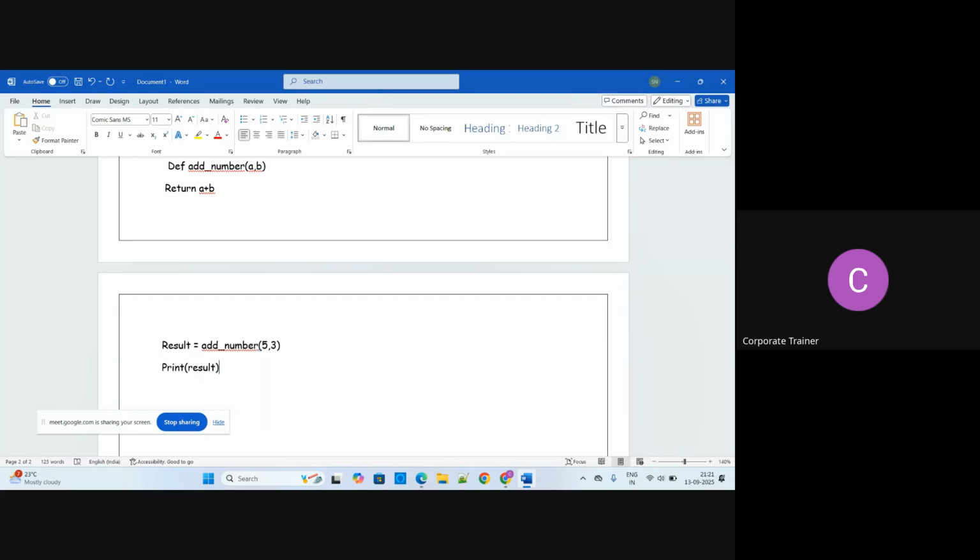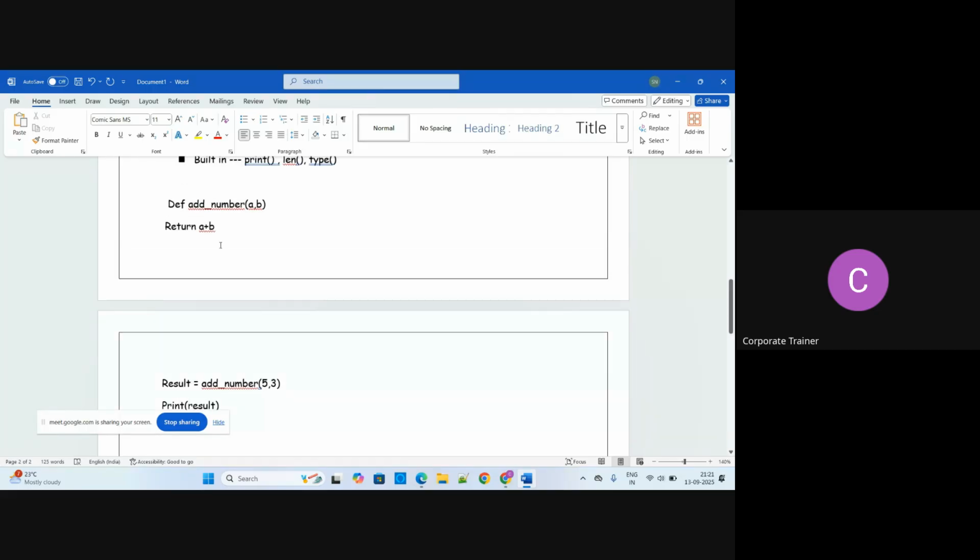A function can also have default parameters giving you some extra info. For example, def greet, where you define a name and print it, and you want to add something. So you can use this for defining different types of parameters also.